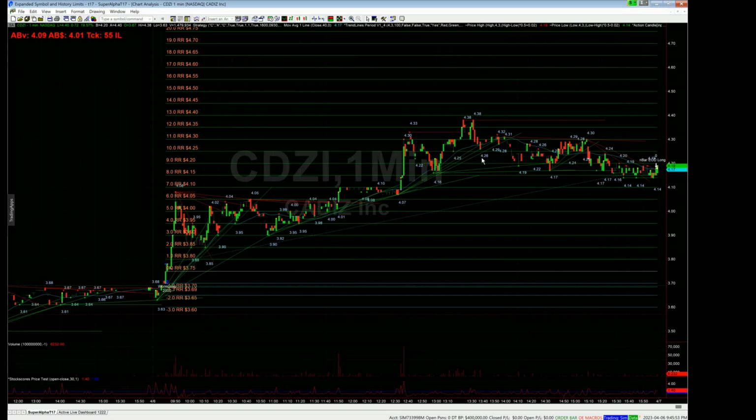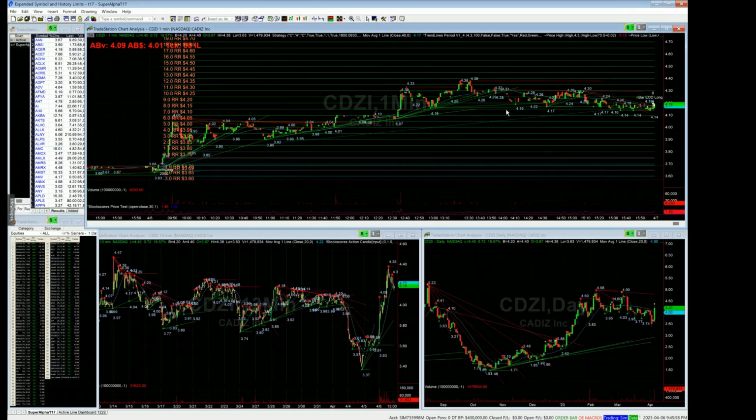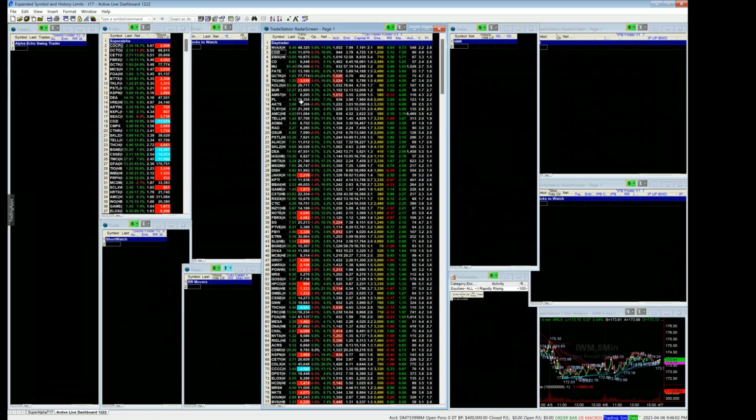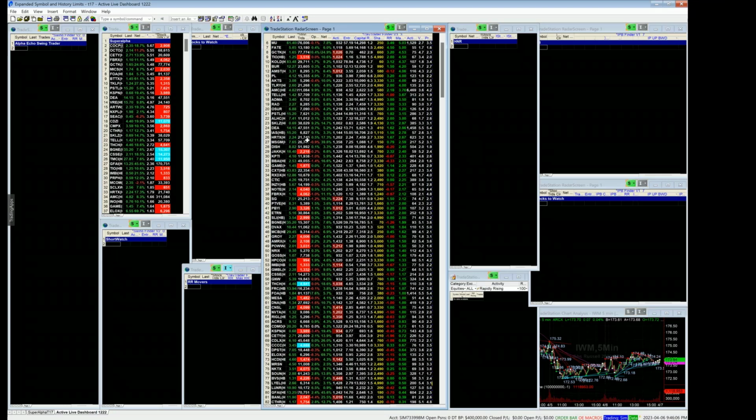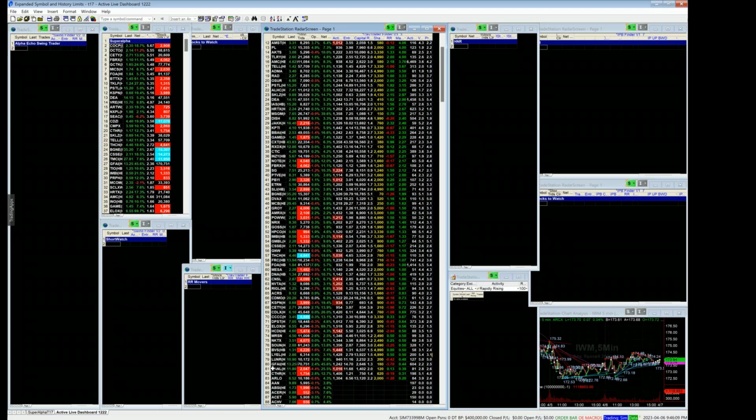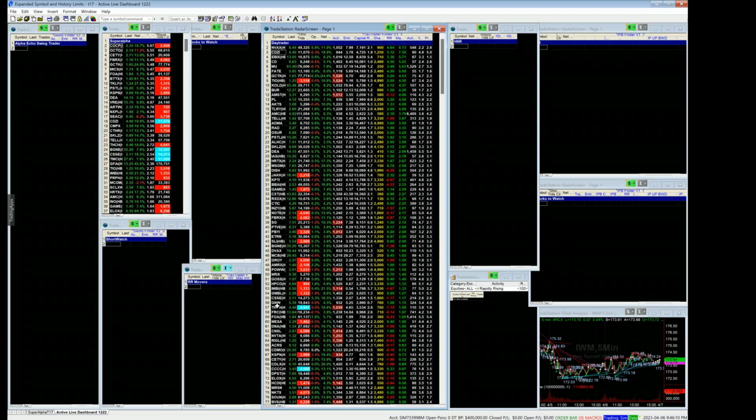So it'll do most of the work for us. We just have to make the final judgment on whether we're going to take the trade or not. And we say no to most, by the way. So when you see all of these symbols here, most of these were not good enough. Through an entire trading day, there were 83 signals. You go through 83 throughout the whole day, and you pick 3 or 4 that are actually good enough.